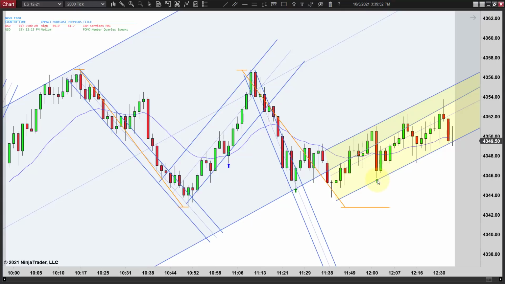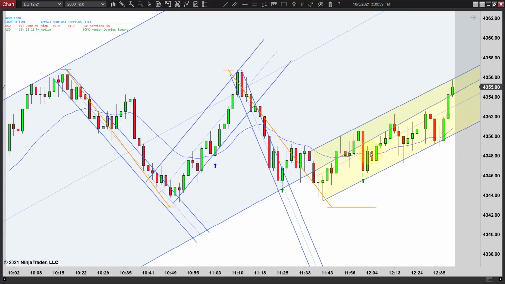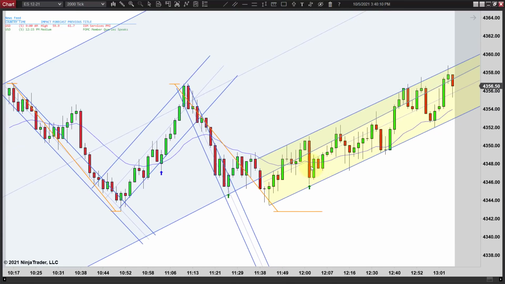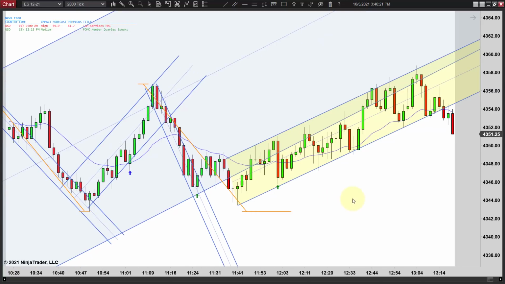So technically this was your signal bar on this failure, so that's why you see the arrow there. But you enter where it breaks higher, and that's one tick above this bar. And that's the only time you'd probably want to enter on an inside bar, is on a trap, and you actually try to go lower one more time and turn up. So again, until this bar closes, because it's an outside bar, your stop has to be here, then move it over one tick below that bar. It's good for a scalp.